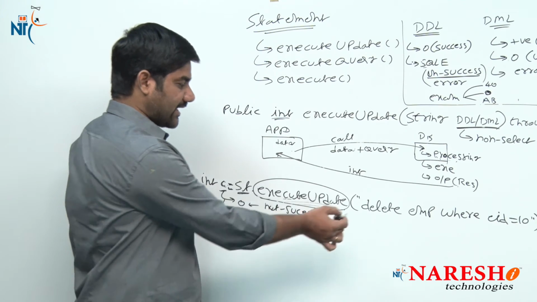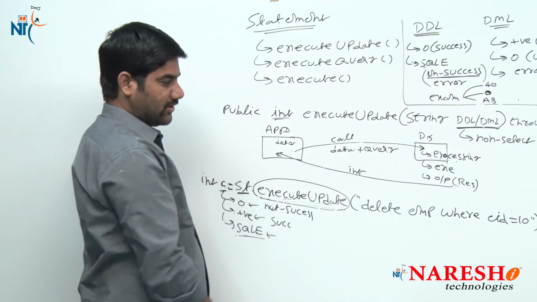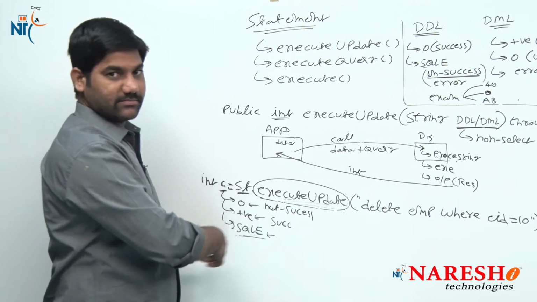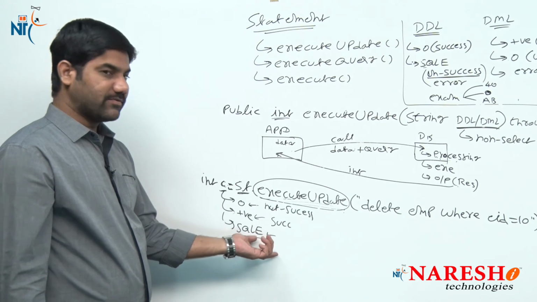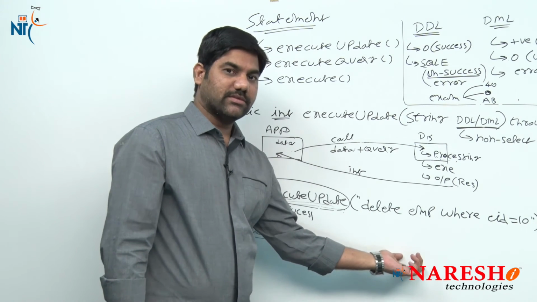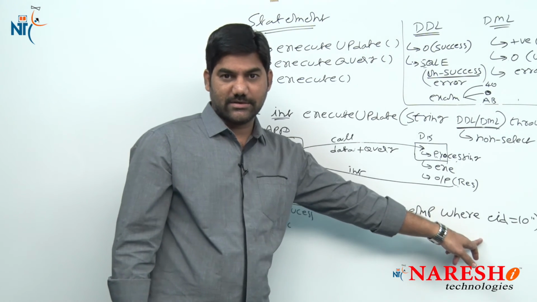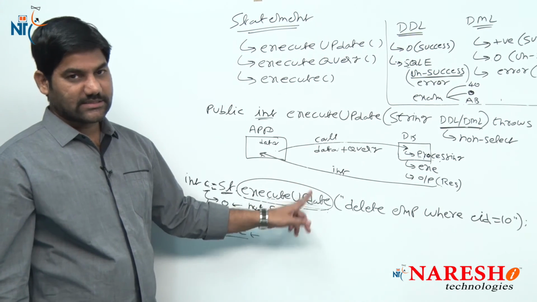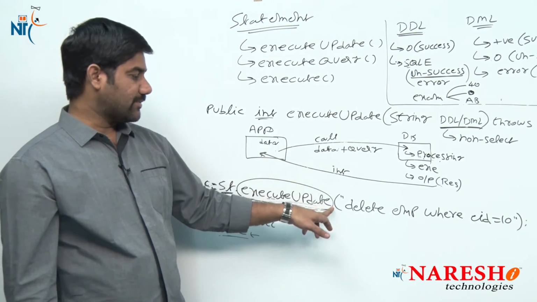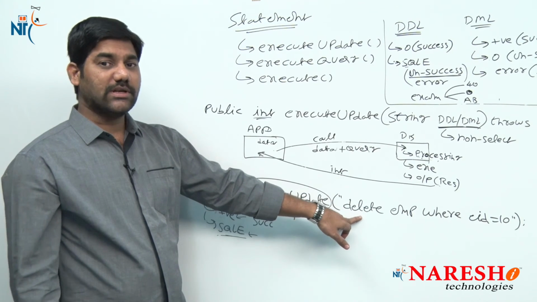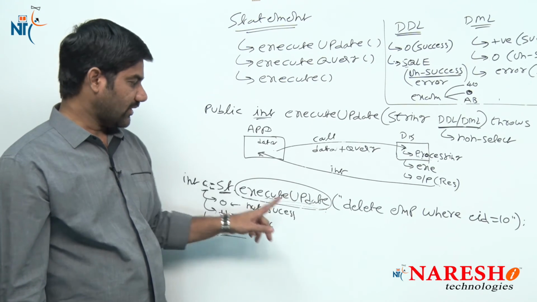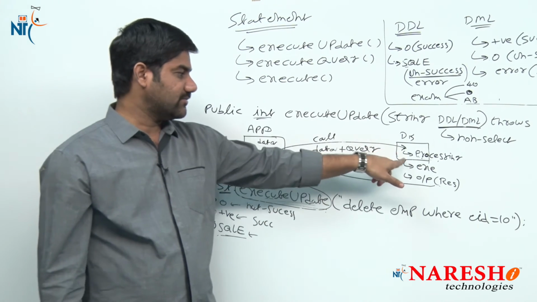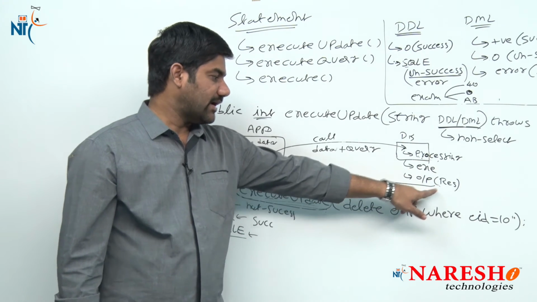If you want to type a second query or any other query, you should write one more statement here. Repeat the same line of code and change the query. Then you can send multiple queries to the database. But what is happening here? Steps are changing. At a time, how many queries are we sending? Only 1 query. First this query is sent, executed in the database, and comes back to the